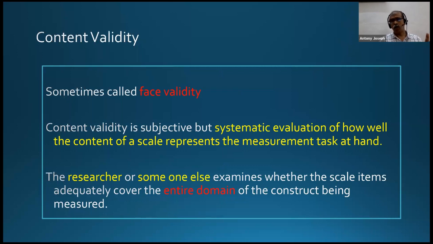So there is a general principle regarding the number of statements. That is, the number of statements in a scale should not be too large. If there are 60 or 70 statements in a research instrument for the measurement of a particular phenomenon, then it will be difficult for the respondent to answer by evaluating the content of the statements.